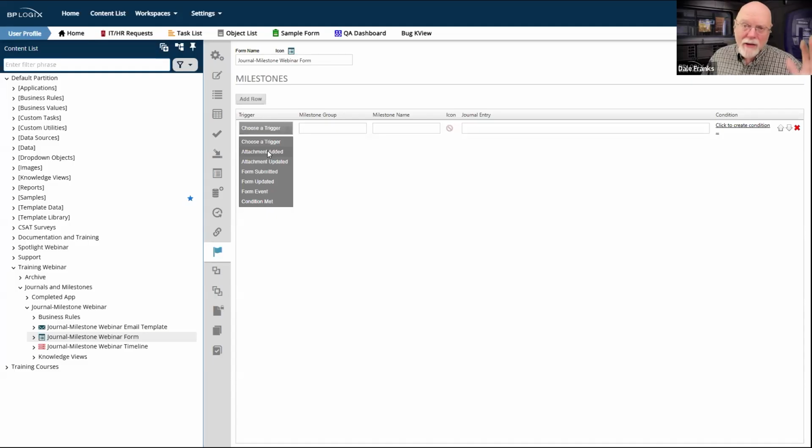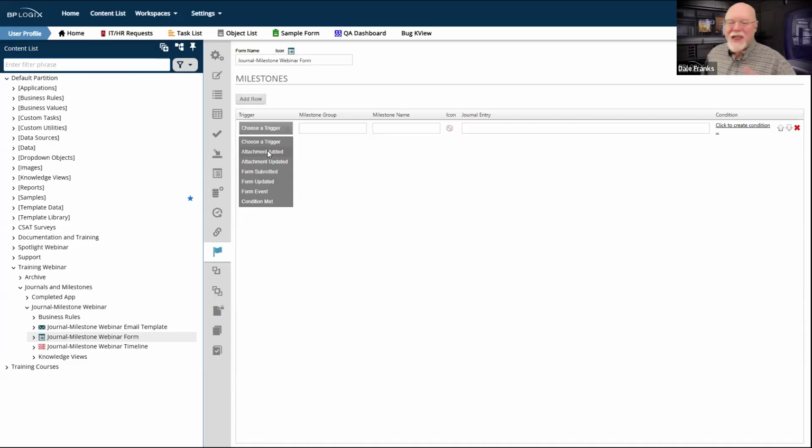And that's all fine. You can add those attachments all day long, and I don't care. But at some point, someone in finance is going to attach a purchase order, which means we can buy the things. That's an important event.